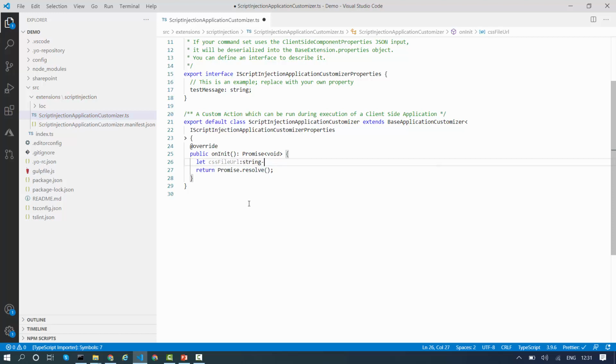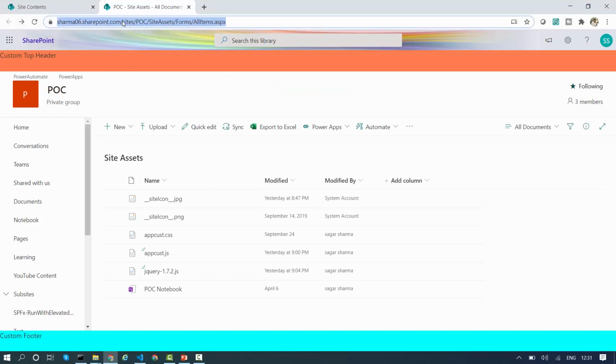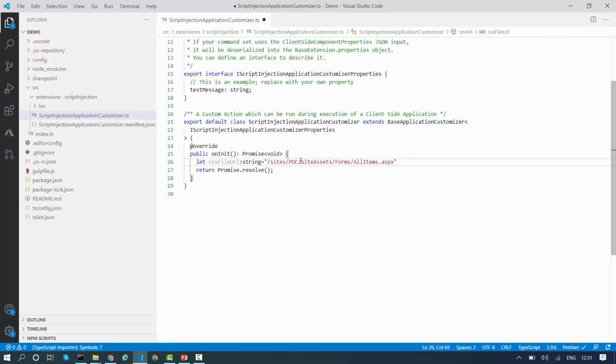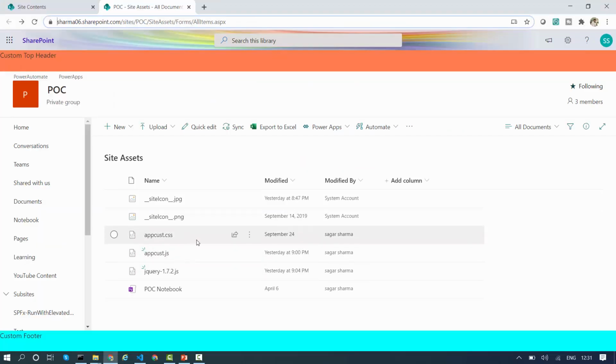Then I will put the path of my CSS file. This is the relative path of my CSS file, sites/poc/SiteAssets, and after that I will give the name of my CSS file, that is appcustomizer.css.